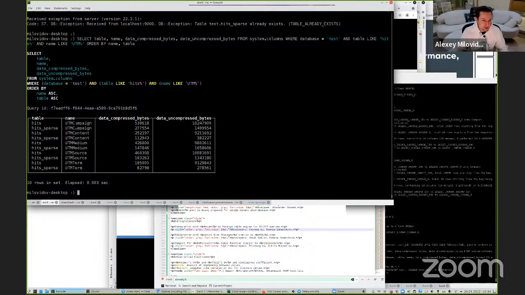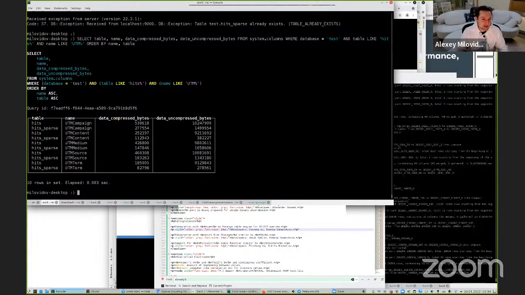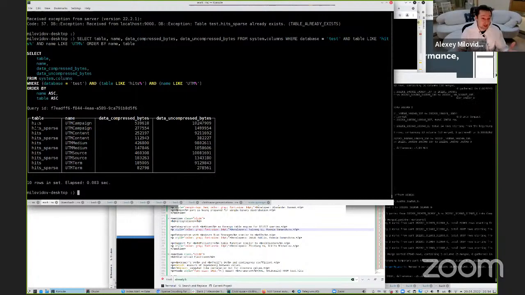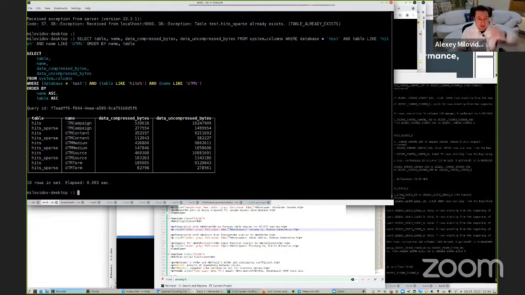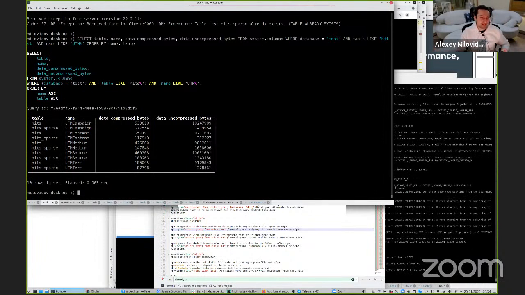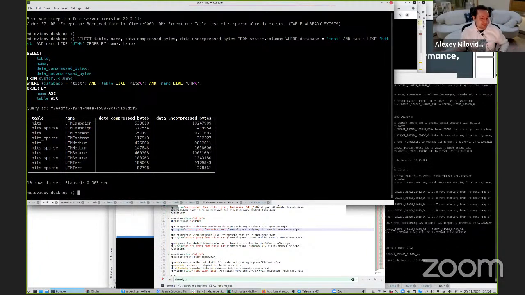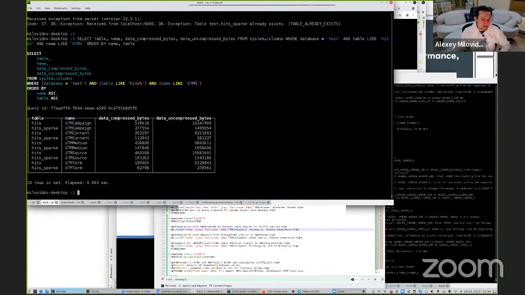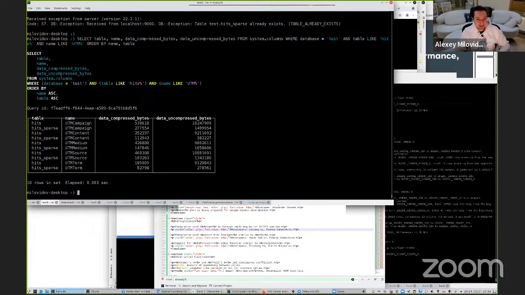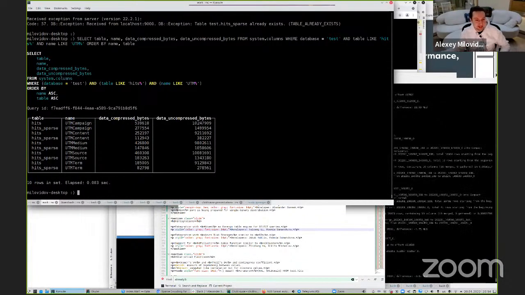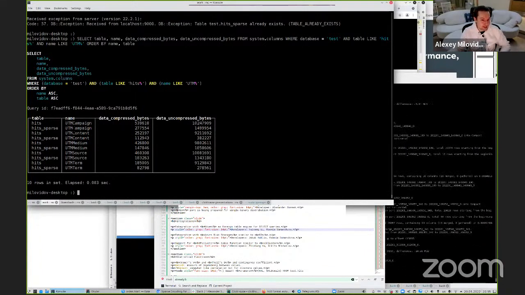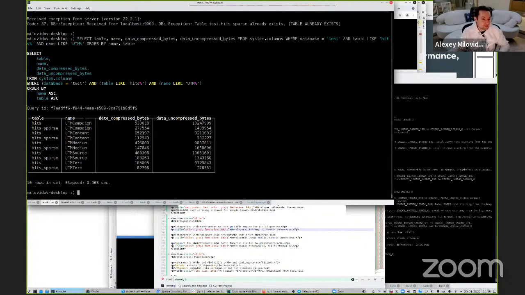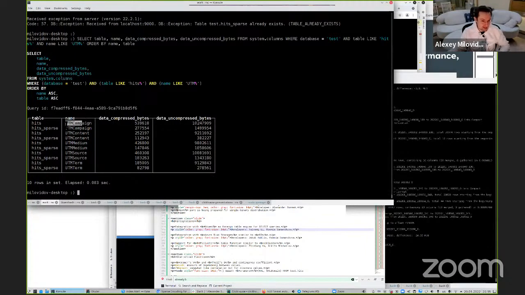For some columns, by the way, these tables are about page views for web analytics. And I have some columns about UTM tag. If you work somewhere in the web analytics field, if you process clickstream or advertisement data, you already know what a UTM tag is. If you don't know, don't worry. It is just some string column.